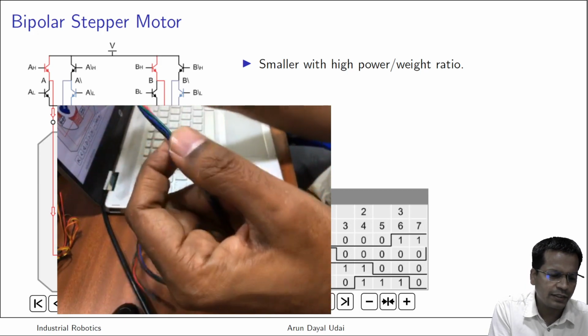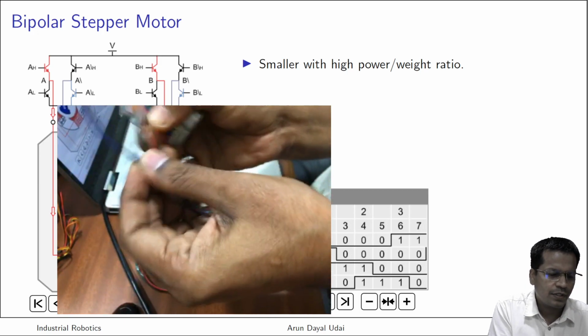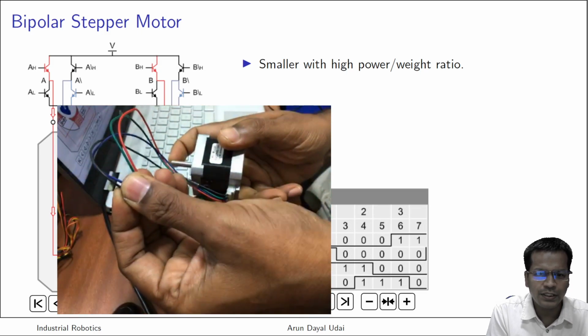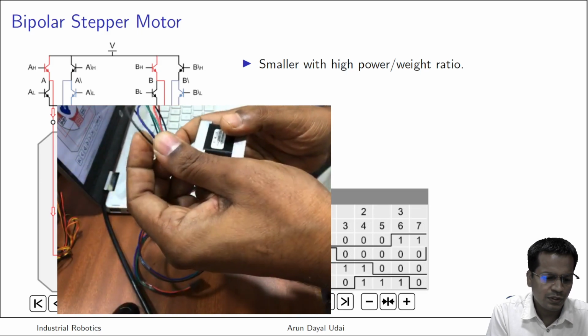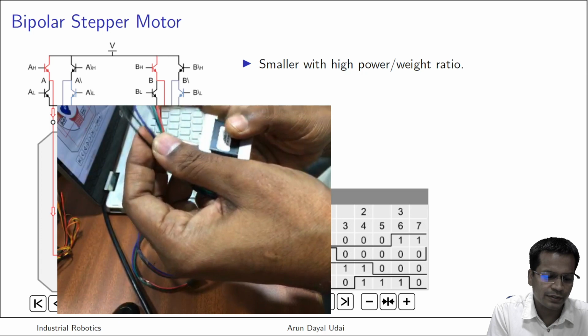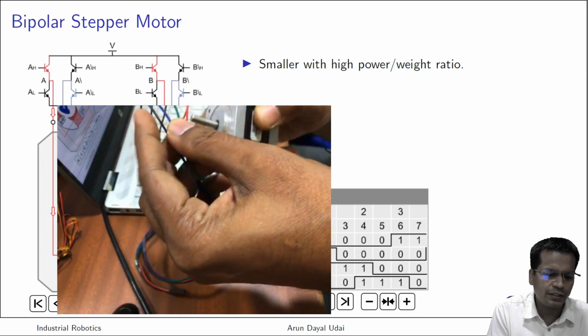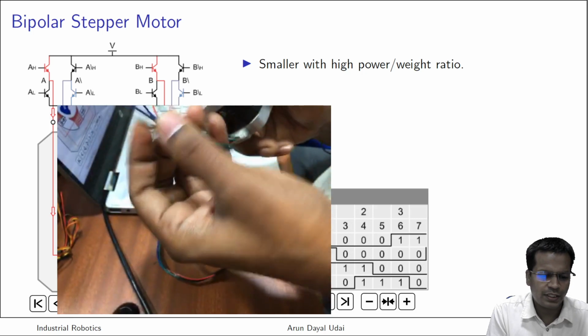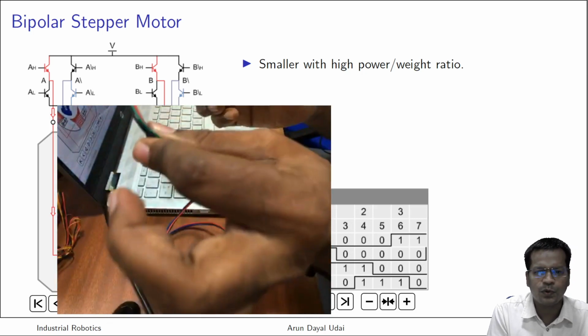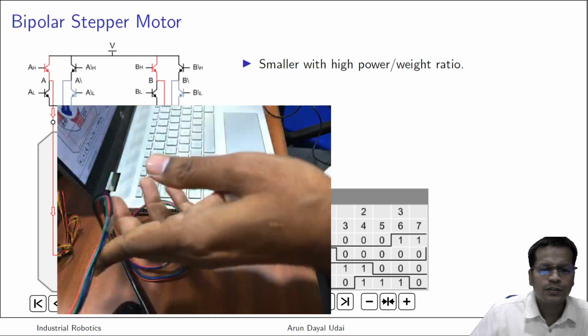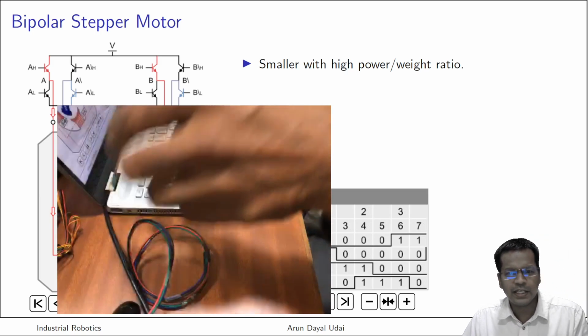How many wires does it have? It has 4 wires. You see, it has ground, no ground. Okay, 1, 2, 3, and 4: red, green, violet, and black wire. It can be differently colored, but it has just 4 wires in it. So now, how can we make it run?